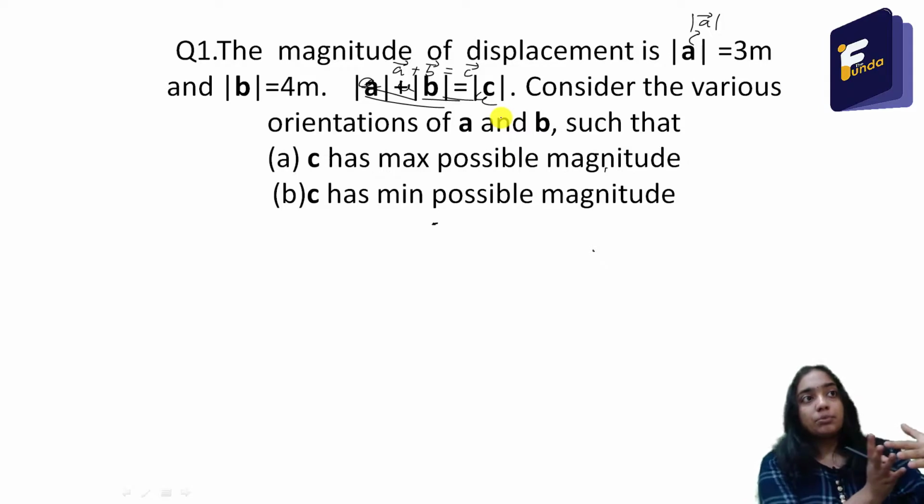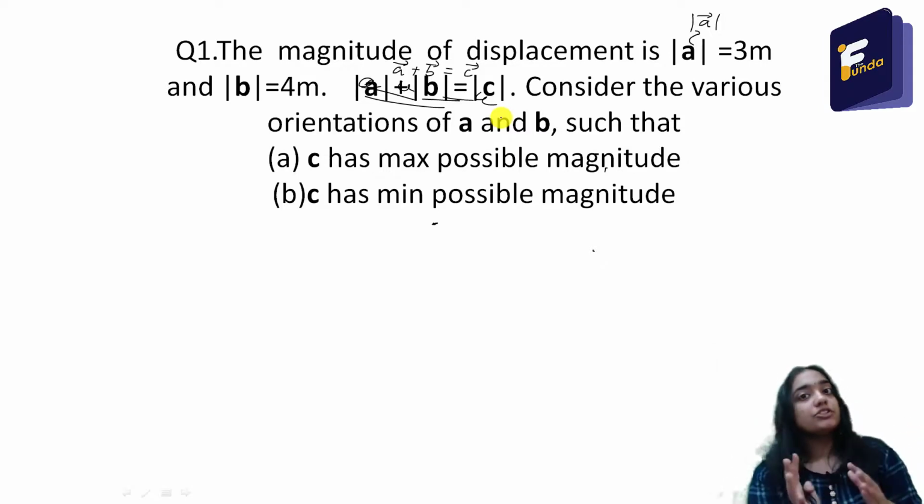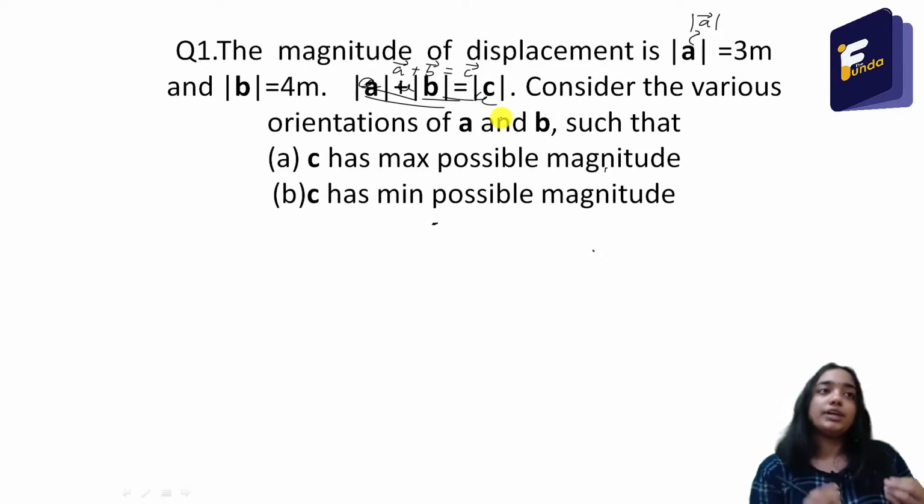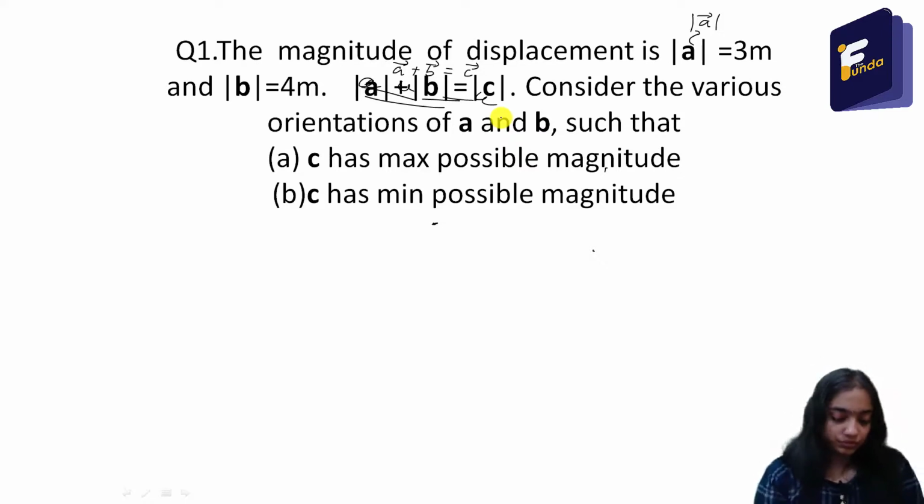And by putting A vector and B vector in which direction, C has the minimum possible magnitude, and also you have to tell me what is the magnitude. So hope you understood the question. So now you may pause the video and solve this question. Okay. So the answer is,